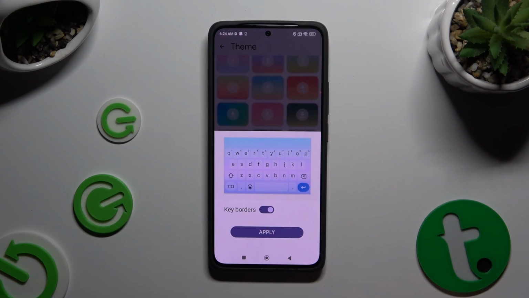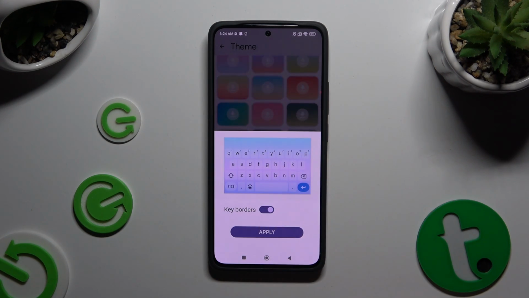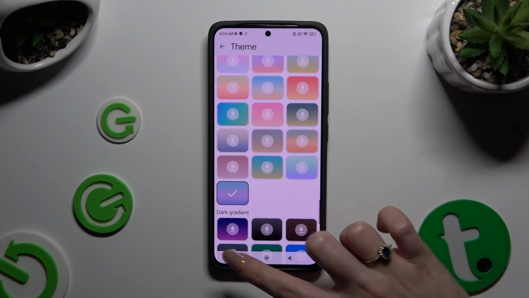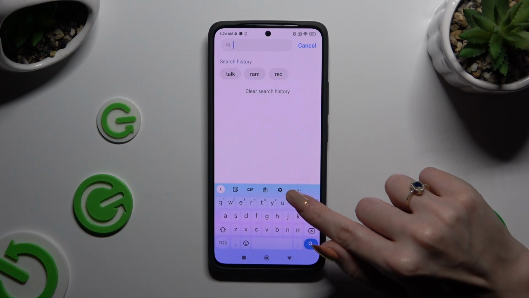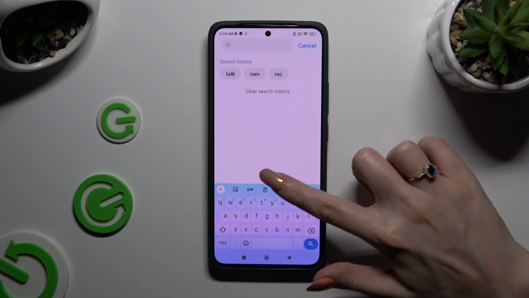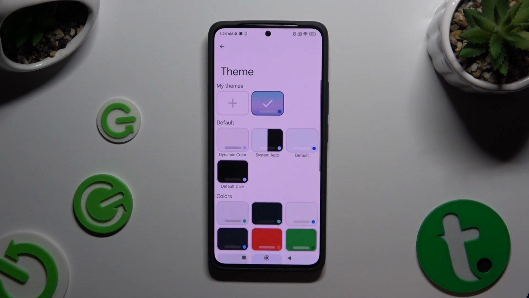Manage key borders thanks to this switcher. And then hit Apply. So when I do that and go back, I can see that theme of my keyboard has changed. To customize it though, click on the same gear icon at the top, hit Theme, and this time